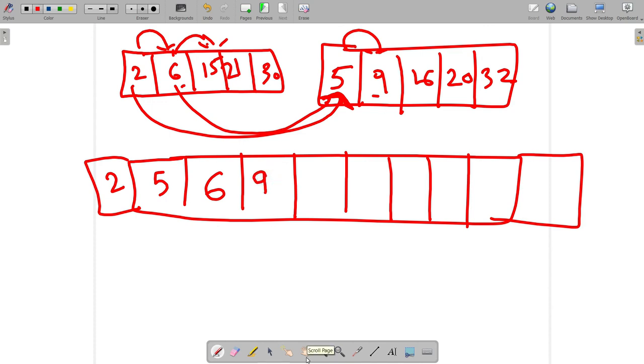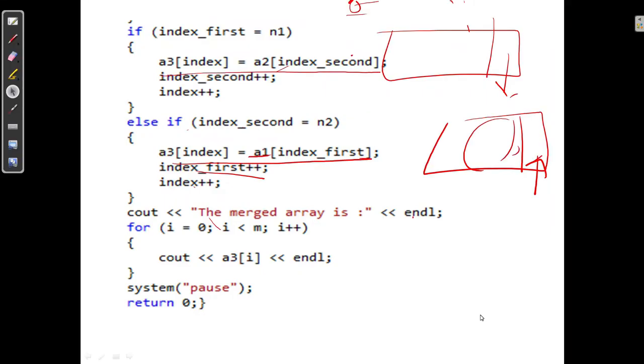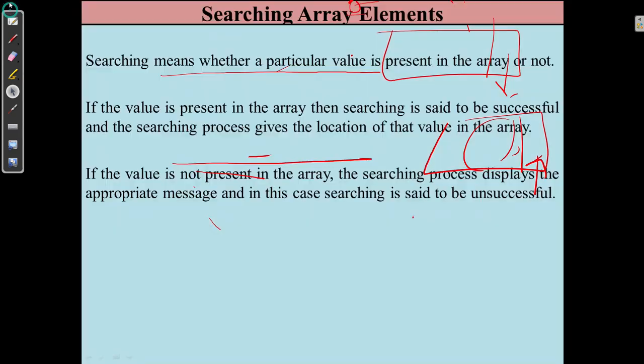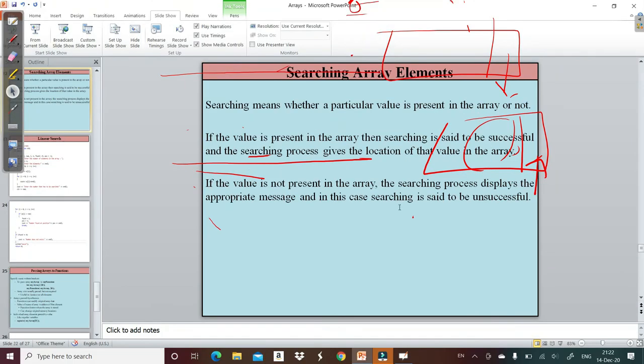So this is what merging means and how we perform the merge operation on arrays, for both types of arrays. Performing a merge operation for sorted arrays is a more complex task. Otherwise, if we are doing a merge operation on unsorted arrays, it is quite simple. We have to do nothing. Simply we have to copy and paste both the arrays into the third one. So that's it about the merging operation.